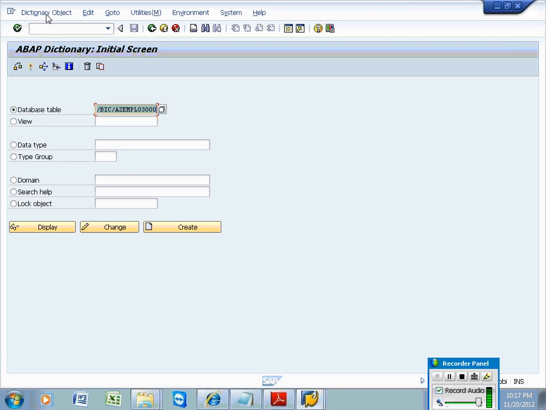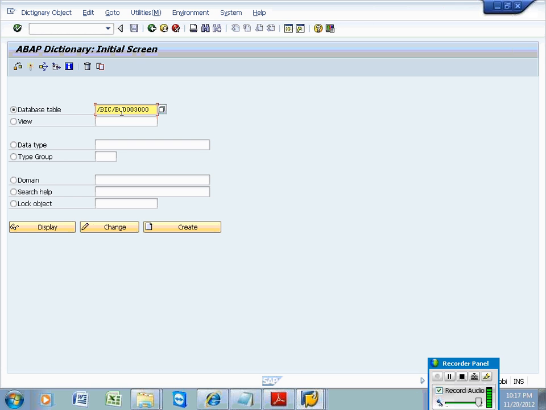Now, the concept: it starts with /BIC. BIC means custom. Whatever it might be, these are tables that will start with /BIC, business intelligence custom. And if it is an info object, then it will take a key, if it is a field, then you already see this part, right? /BIC, and info object. And if it is an info object table, /BIC, if it is a text table, key, then info object.